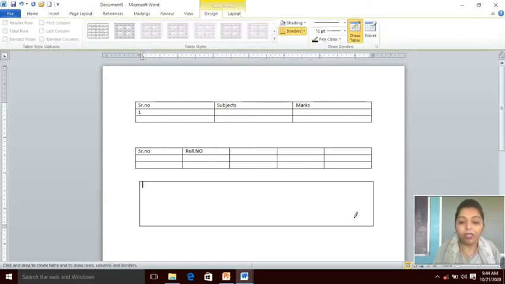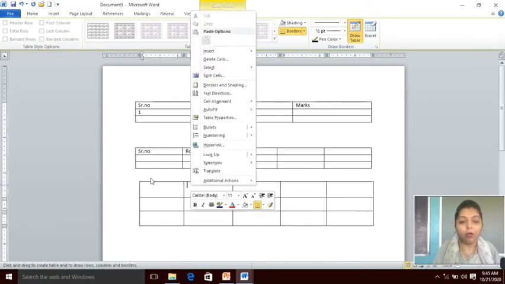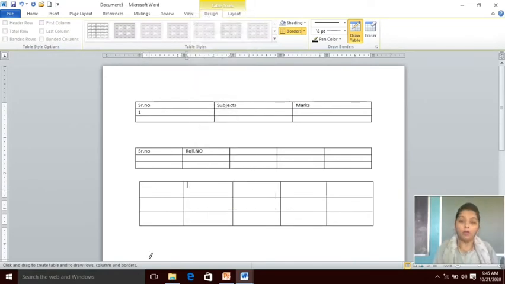Now you can see the border of the table. Now if I want to draw here columns, first column, second column, third column and the fourth column. Okay. Now how to draw the rows? You will just drag the mouse pointer and draw it like this. See. Understood? The number of rows and the columns I want.